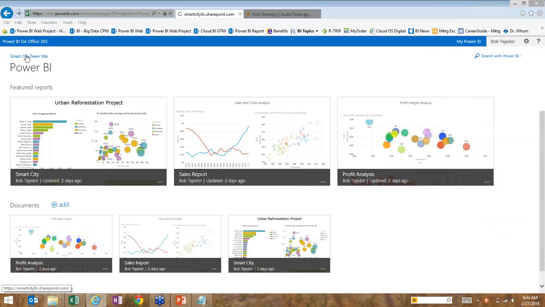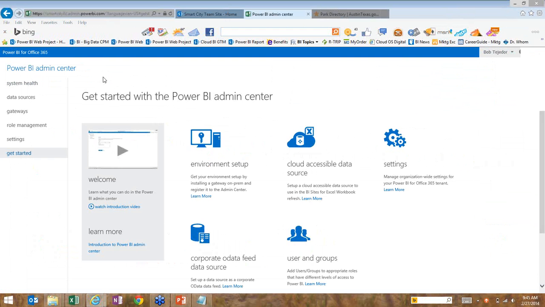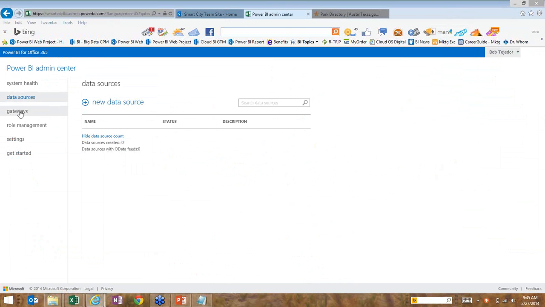So let me go back here. If you're on the Office 365 view of your tenant, and you go to admin, if you have admin permissions, you're going to see the Power BI Admin Center. This is where IT pros and DBAs can actually manage all the resources. So here you're going to see information on getting started with the Admin Center, and data resources. I don't have any data sources loaded here, but you can add them through the data management gateway for on-premise stuff or